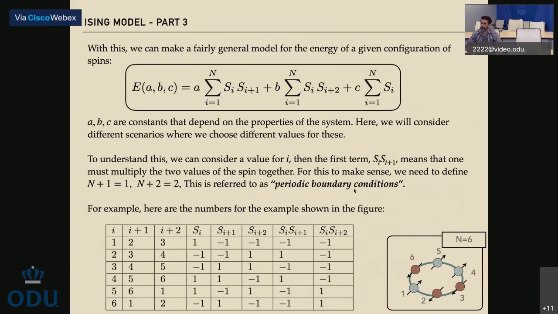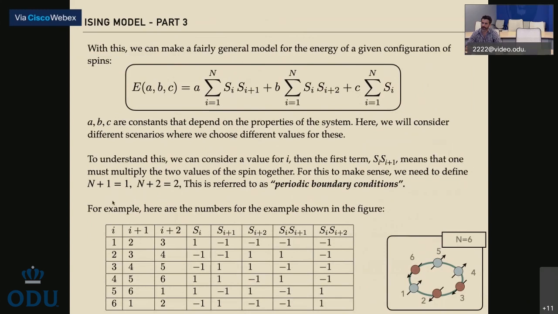So let's walk bit by bit through this expression and see what it means. I have Si times Si plus 1. This means that one must multiply the values of the spins that are nearest to each other. For this to make sense, we need to define what we do with